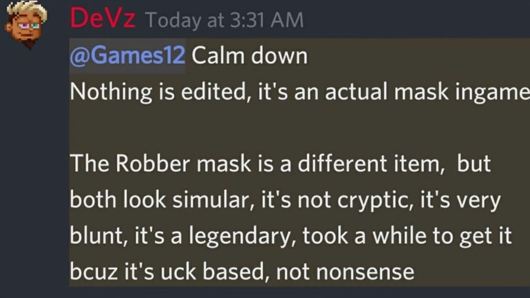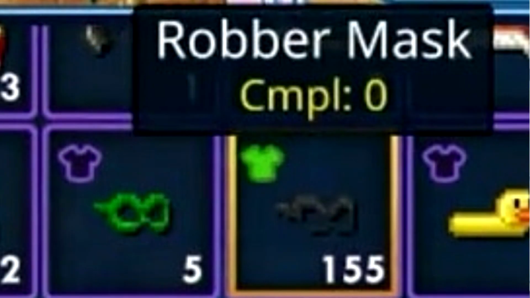Nothing is edited, it's an actual mask in-game. The robber mask is a different item, referencing when I asked if it was the Night Chick mask, but they both look similar. It's very blunt, it's a legendary, took a while to get it because it's luck-based. End quote. Following this statement, people began figuring out how to make this artificial robber mask, the black buzz cut,